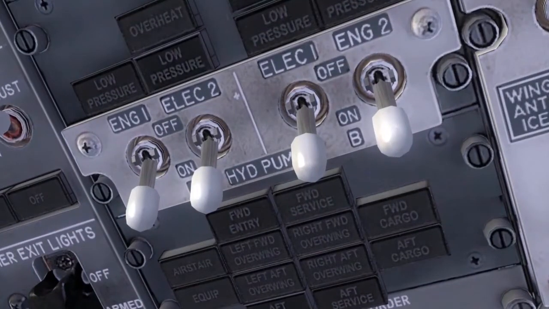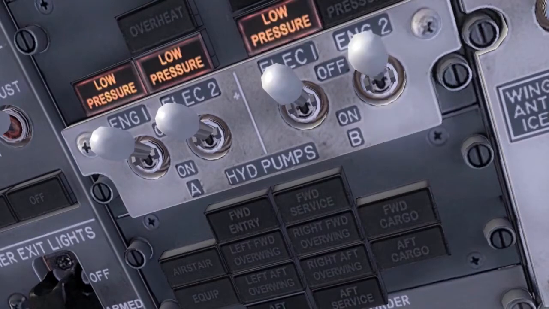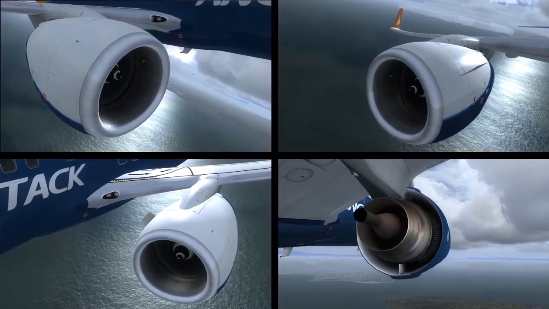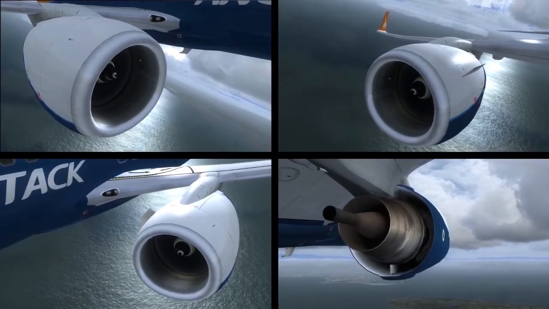Controls for the 4 hydraulic pumps are located on the forward overhead panel. There are 2 pairs of switches, a pair for the A pumps and a pair for the B pumps. These are simple on-off switches. The engine-driven pumps are attached to the accessory gearbox on each engine, so they never actually stop spinning, regardless of